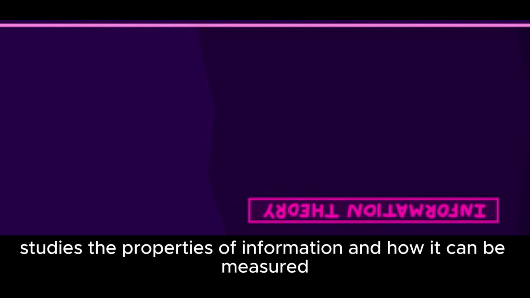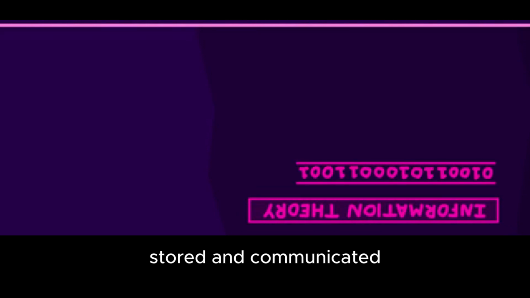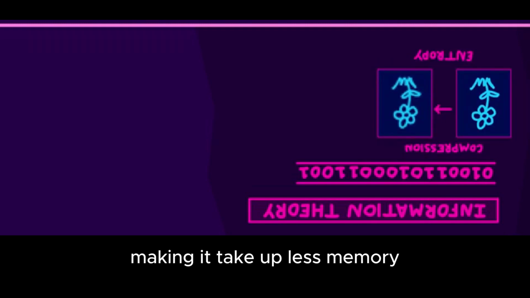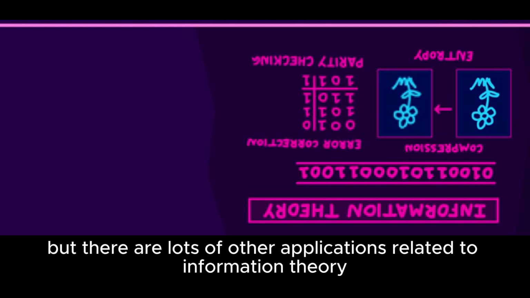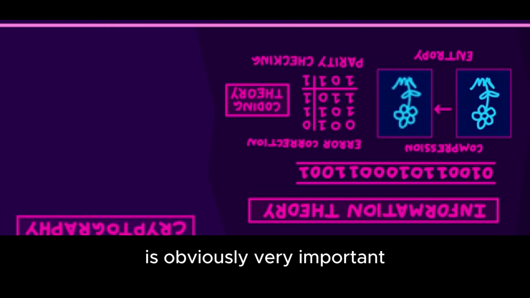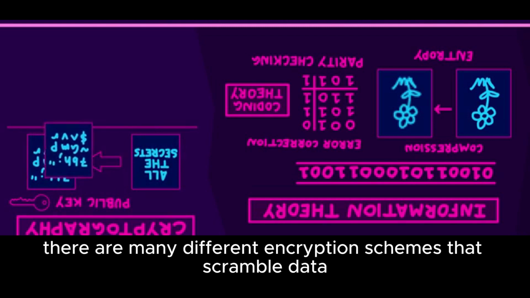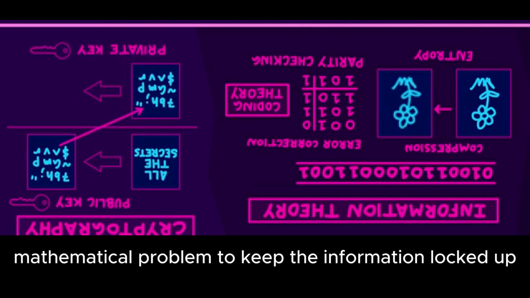Information theory studies the properties of information and how it can be measured, stored, and communicated. One application of this is how well you can compress data, making it take up less memory while preserving all or most of the information. But there are lots of other applications. Related to information theory is coding theory. And cryptography is obviously very important for keeping information sent over the internet secret. There are many different encryption schemes which scramble data and usually rely on some very complex mathematical problem to keep